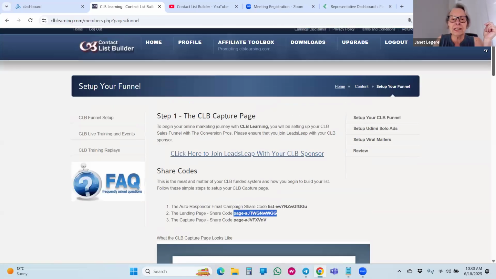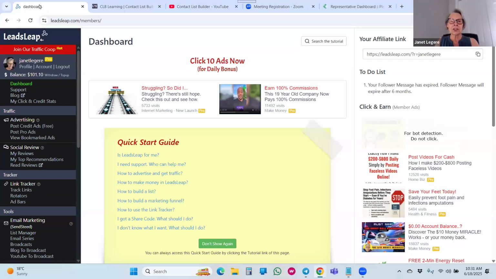All right, so let's come back up here because we're going to start here with our list. So we're going to copy that list. We're going to go over here to LeadSleep. We're going to assume you have signed up. You're going to log into LeadSleep. It's going to bring you to your dashboard, and you're going to go,